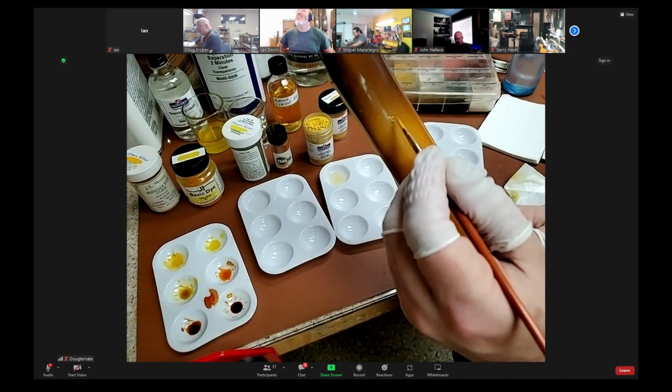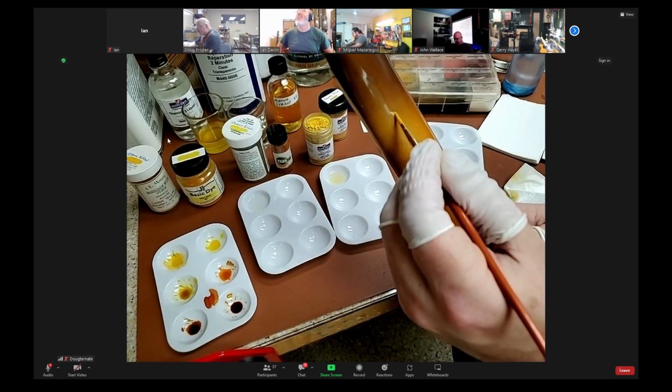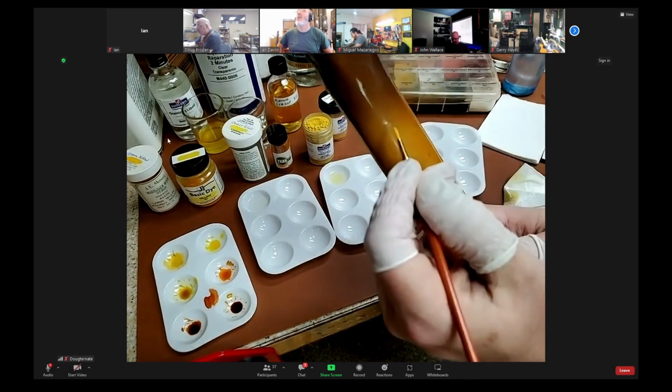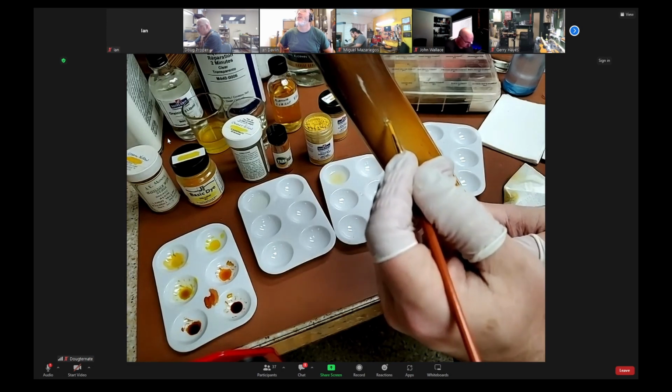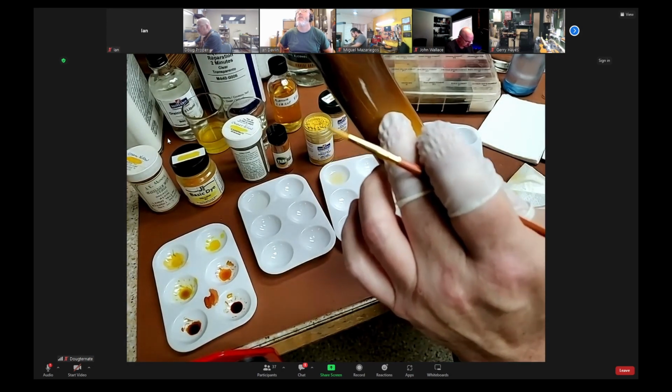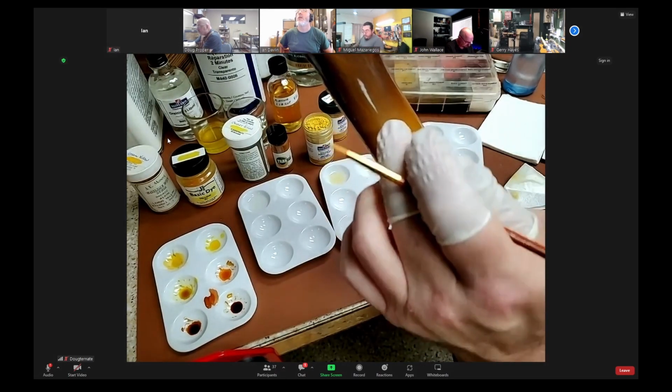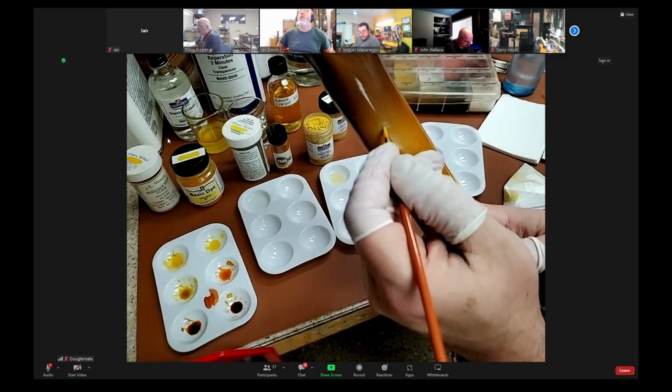Oh, I might start with a little bit. That's not a bad color. I might darken that off a little bit to start. But like I said before, I would use a much smaller brush and make it much more of a stipple than anything else, trying to get an area that